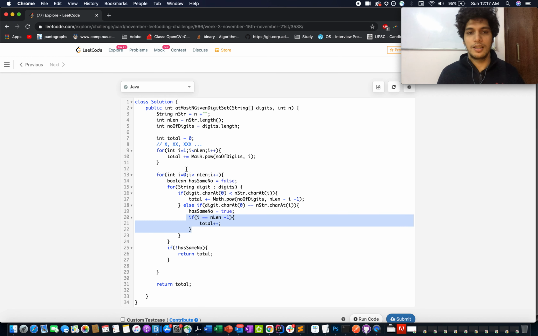For example, the current i becomes equal to n length minus 1. That means that all the characters that are present in n are also present in the digits array. So in that case, you miss out one character. You need to explicitly increment the total by 1. That will happen only once.